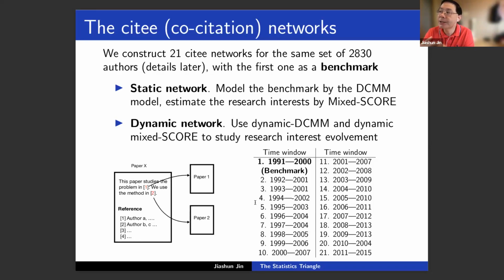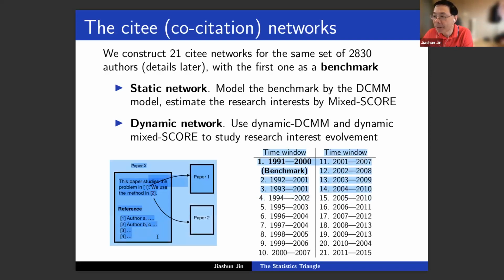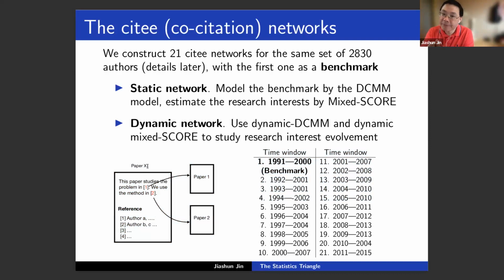The Scite network is defined as follows. Given two authors, look at it here. For example, you have paper 1 and paper 2. If both are co-cited, or cited simultaneously, by paper X, we think there's an edge between paper 1 and paper 2, and they have been co-cited for one occurrence. Of course, an author can have many papers. If two authors have been co-cited by another author, we say they have an edge. So in this Scite network, the nodes are actually not papers, but the authors.